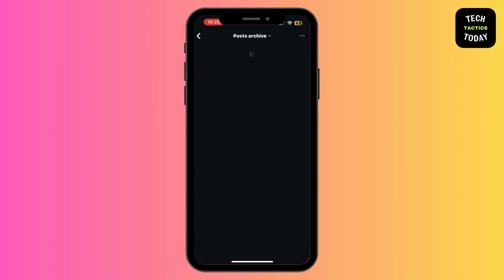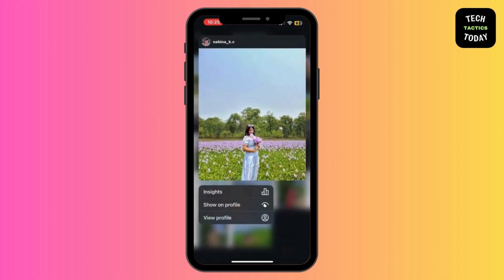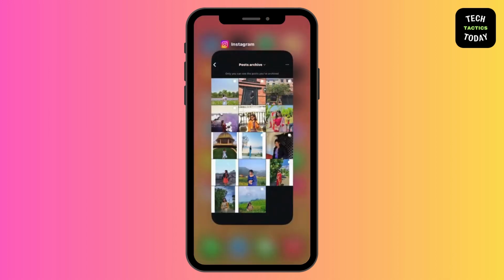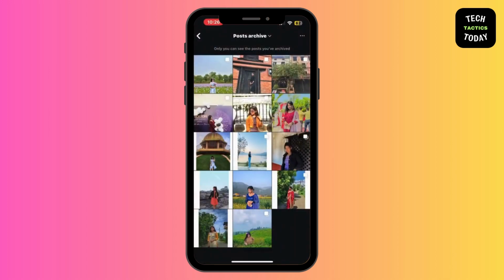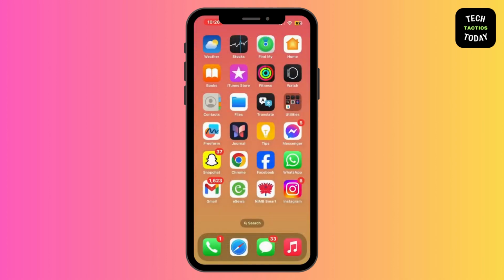Once you are on your post archive, if you find any archived reels, you can just go for that and restore them to your profile. Otherwise, there is no way to restore a deleted Instagram reel. You have to just go back and again open up your Instagram